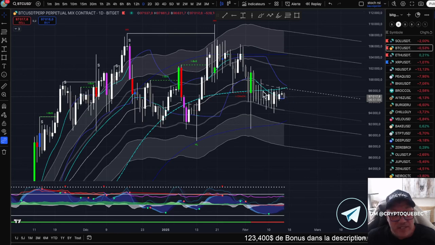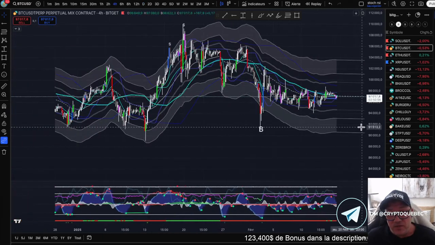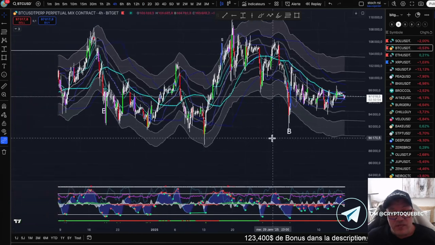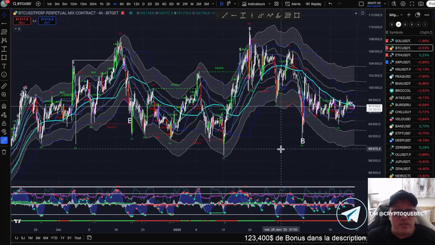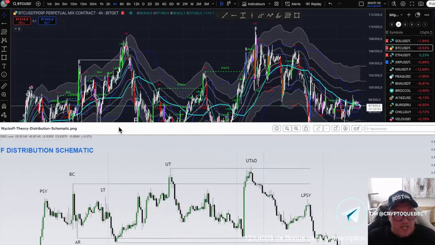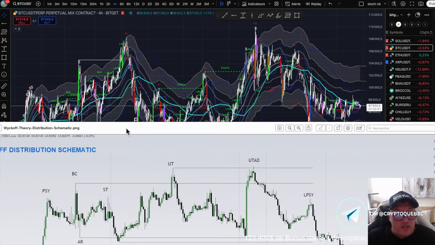We're going to go to the 4-hour chart to understand. And on the 4-hour, you see there's a distribution pattern. What is a distribution pattern? I'll show you right away. So you take the pattern 1 distribution. You can find it on the internet, actually. And you can see there that we climbed up, and we climbed up. Here we see it clearly. Not clearly. Well, then I'm going to show you.